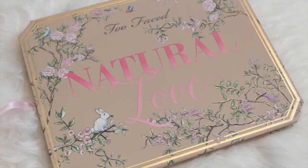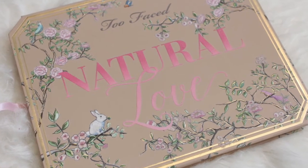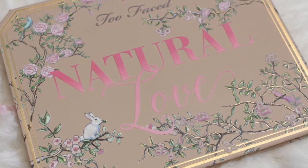The packaging is beautiful. I love the name Natural Love. The palette is just very natural looking. It's got this very sort of romantic vibe, and it feels really nice. I just wanna rub my hands on it. The words Natural Love are done in this beautiful pink velvet. It's a cardboard magnetic package, and then when you open it up, you do get a